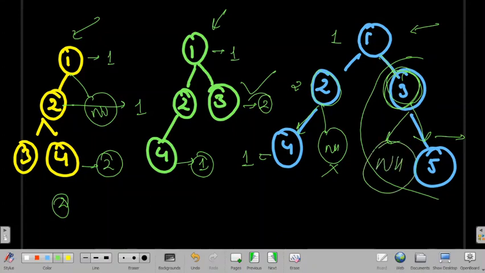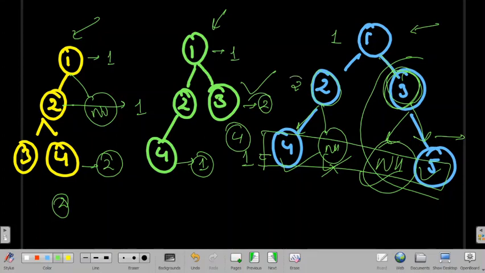Even if it is null, still we count it as a node. So because of that, we have 1, 2, 3, 4 nodes. So for this last level width will have value equals to 4. So we got 4, 2, 1. So maximum will be 4, so we'll return 4. I hope you got this now. So this is the question. So let's see how we are going to solve this question.